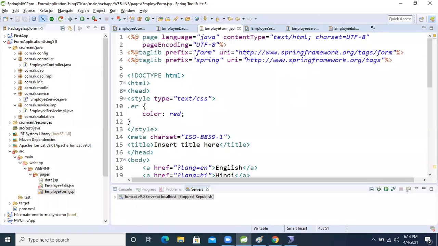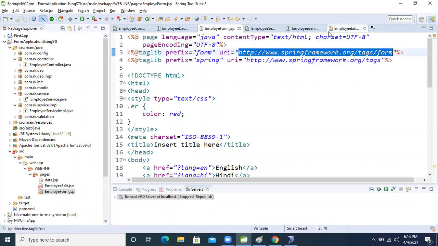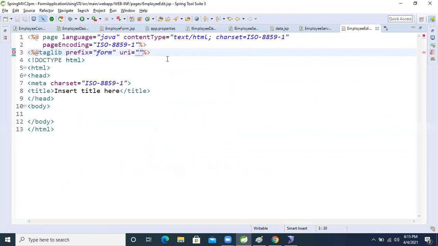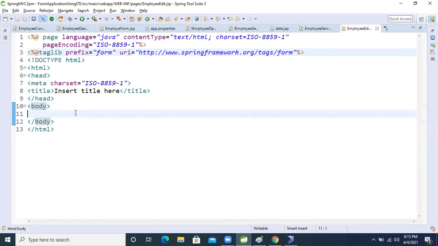Let's copy this url from here to perform JSTL. To perform this operation, come inside this JSP page and paste this. Based on this we can make this an editable form.